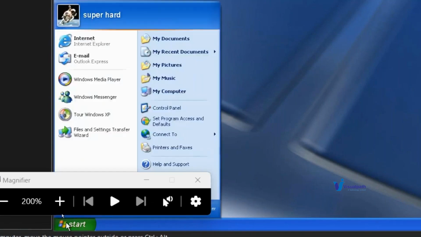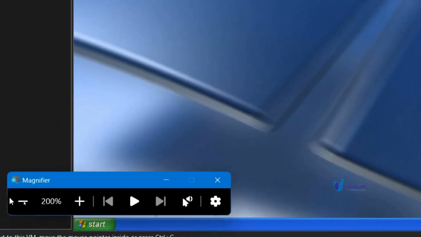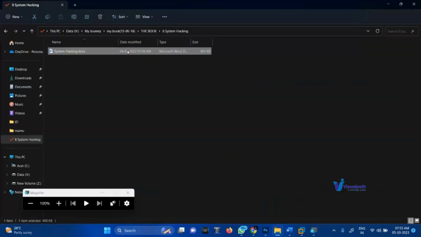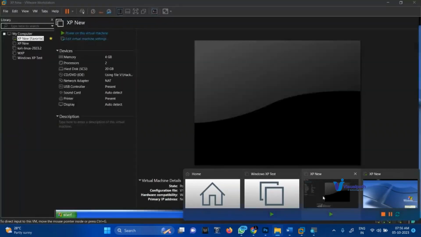We cannot see the password actually, and it does not affect the previous password. When you remove your pen drive, obviously the computer will become normal. So this is how Conboot works. There are a lot of alternate tools also available. I suggest you